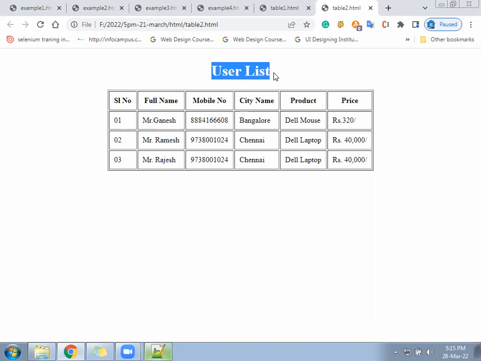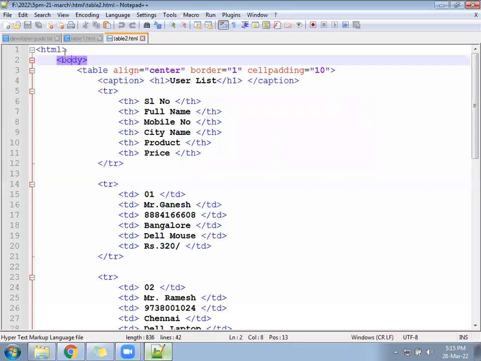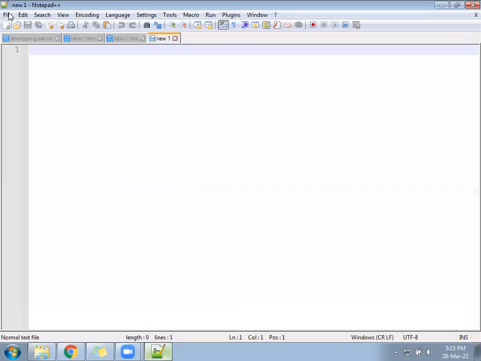Caption is the user list; you can see it is coming from the caption. Caption will come on the top of the table. Now let us go. We'll create one more table. There we will see the next thing. Create a file and give the name